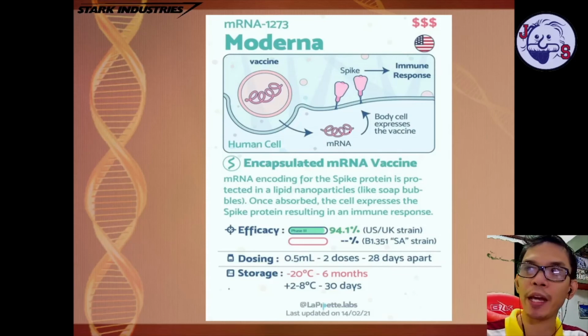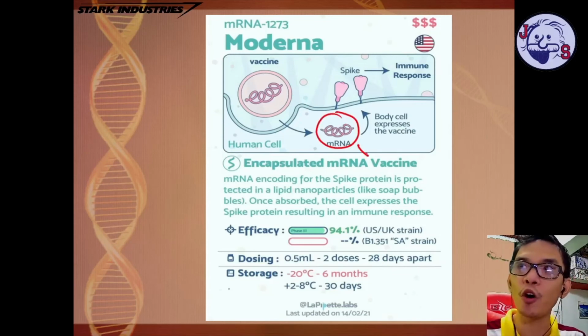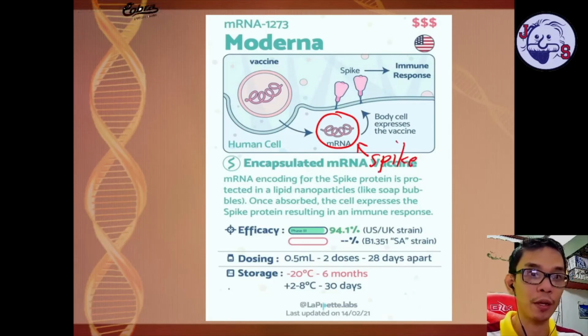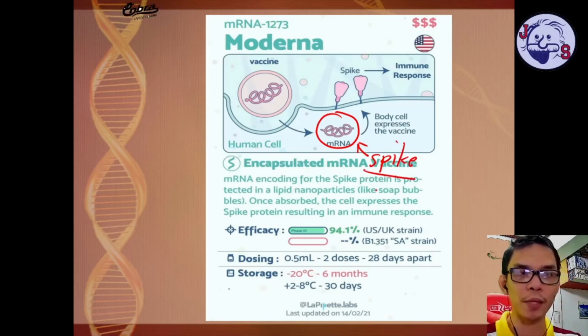Again, it uses the mRNA. So, if you are still confused, the mRNA segments that you have right here only create the spike protein. It doesn't create the whole virus itself. So, with the use of the machinery of the cell,